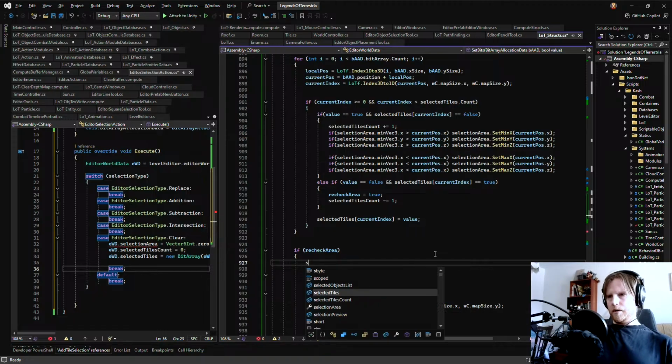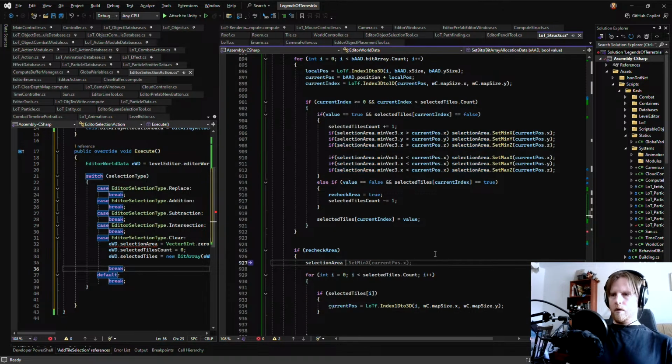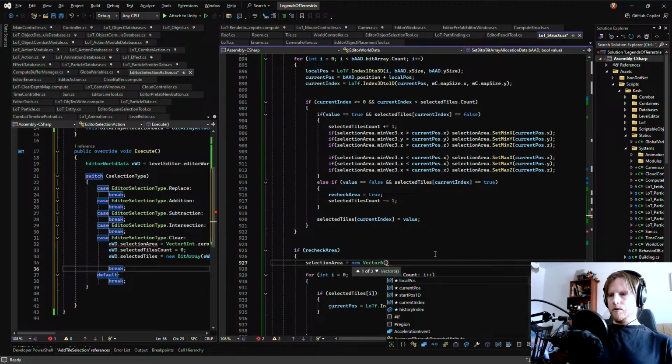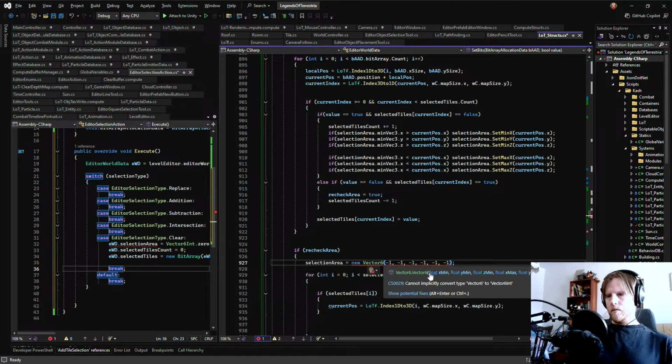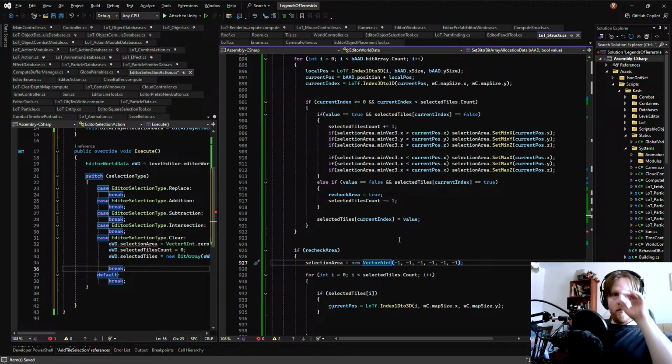Here we need to say selection area equals new vector 6, minus 1, minus 1, minus 1, minus 1, minus 1, minus 1. There.